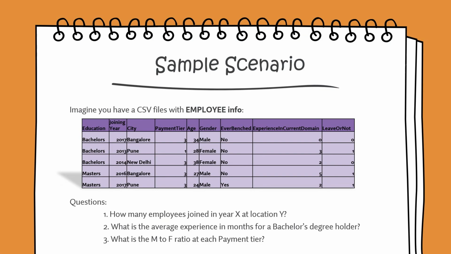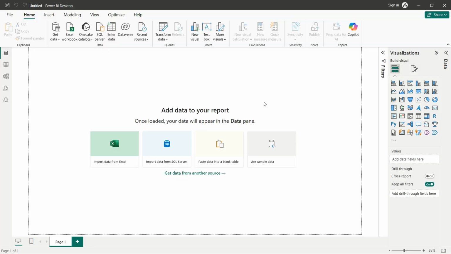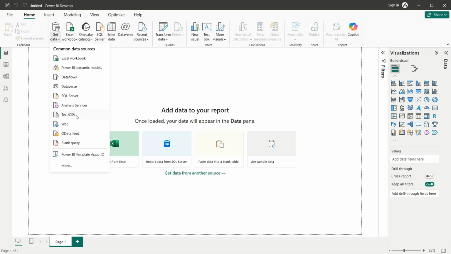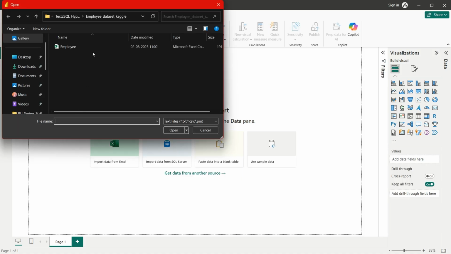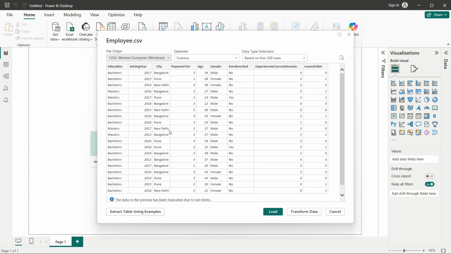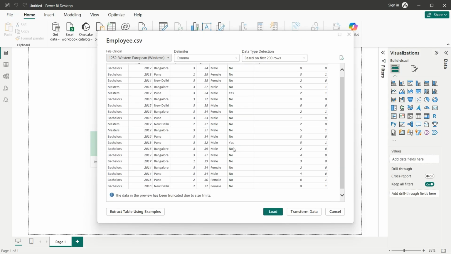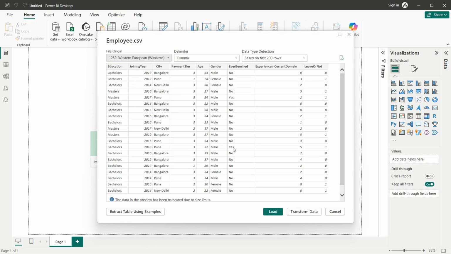Let us go back to the sample scenario and now let us try to solve this using a Microsoft Power BI tool. We start with the blank report on Power BI. We go to the Get Data option, then text/CSV to load the particular CSV file of interest. Once a connection has been established, Power BI provides us with a nice preview of our data. If you wish to transform the data, we can simply click on Transform Data,